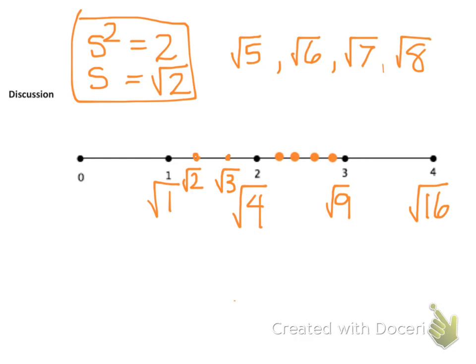So I'm going to have to write really small right here. So we'd have the square root of 5, square root of 6, square root of 7, and square root of 8 right here